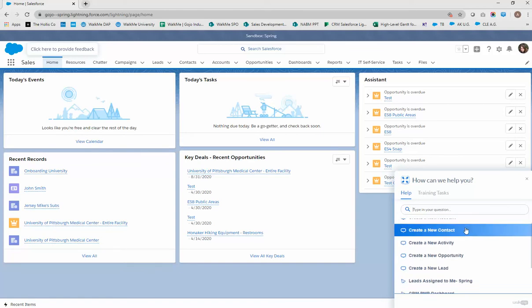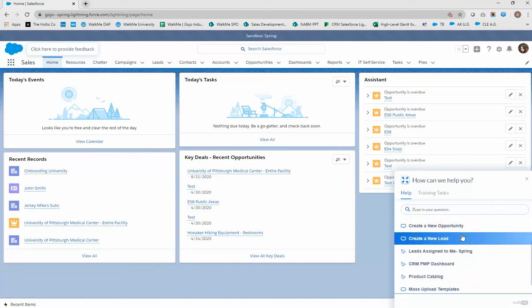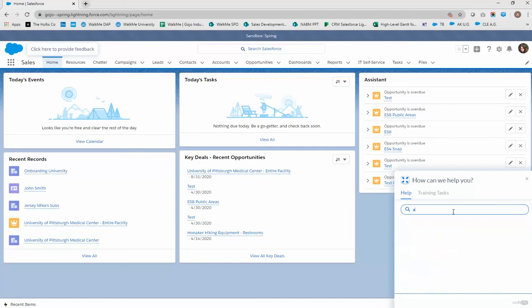So you'll see that we have several options already loaded. Let's pretend that you want to create a new account. So if you type in account, the relevant search items will pop up. So one thing to note is that I'm on the home page here. If I want to create the new account and I click here,